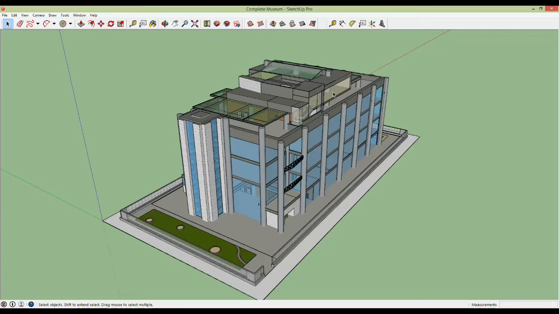to Lumion. So one great thing about Lumion right now is that it now natively supports SketchUp files. So you don't have to do any sort of exporting. You can just save your file, complete museum, and then when you go into Lumion, you can just bring in that SketchUp file. And another great part about it is Lumion keeps that link, so if I go and edit this model, I can go refresh it in Lumion and those changes can be observed. So we're going to jump into Lumion,